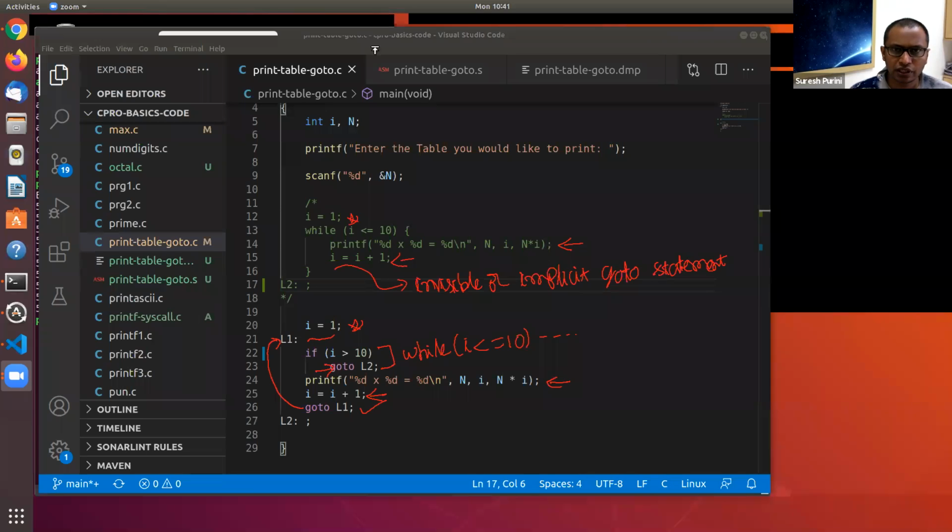So there is a question. Let's see what that question is. So there is a question, what if we remove the semicolon after L2?